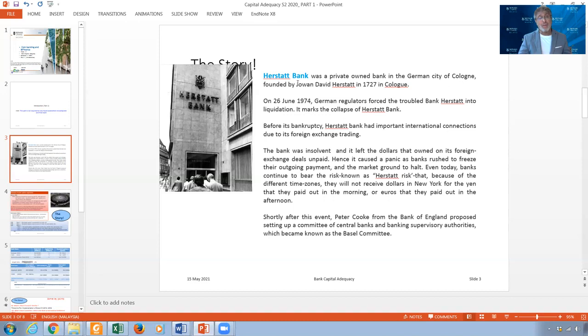And later on, the Japanese were talking about the credit risk. But then in 1998, there was another issue about market risk because the markets are different. The volatility in the stock market is different from Japanese banks to European banks to African banks, as I said. So they introduced what we call the market risk. Then they introduced the operational risk, and they continued adding all those risks until they reached what we are talking about. So this is the development of the capital adequacy from 1974 until today.